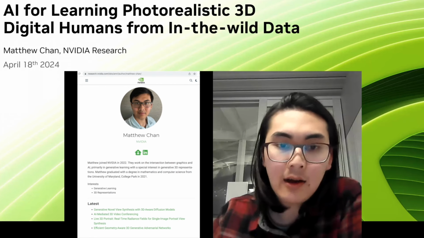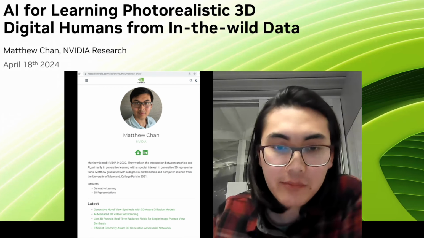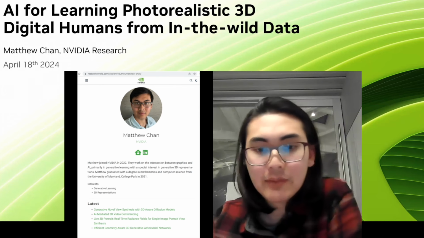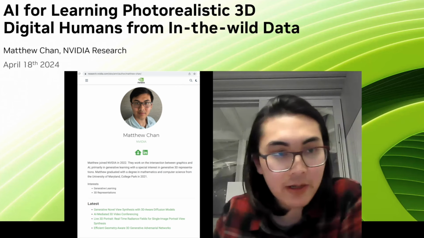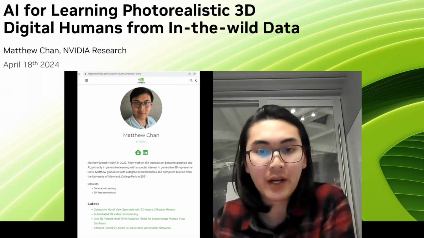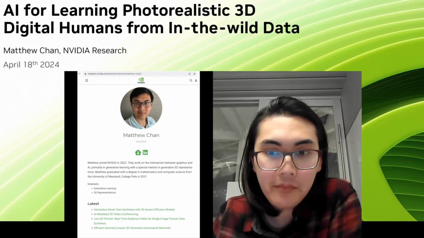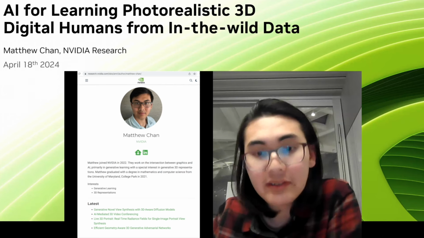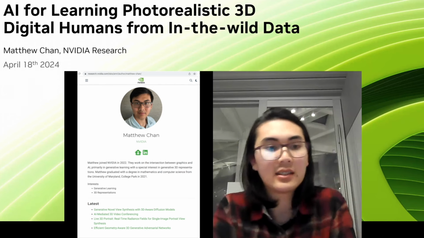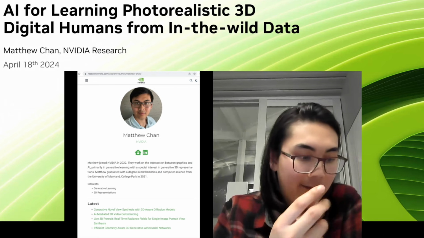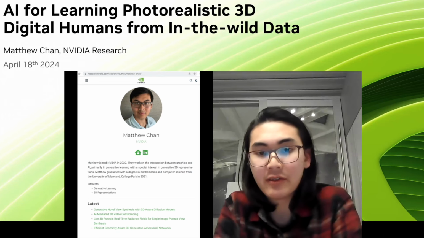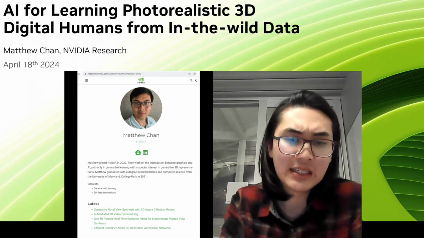On that page, from the bottom up, is Efficient Geometry-Aware 3D Generative Adversarial Networks, the first 3D generative model. I'm missing some papers. Live 3D Portrait is the third one. That's the 2D to 3D converter, probably the paper that you're interested in.